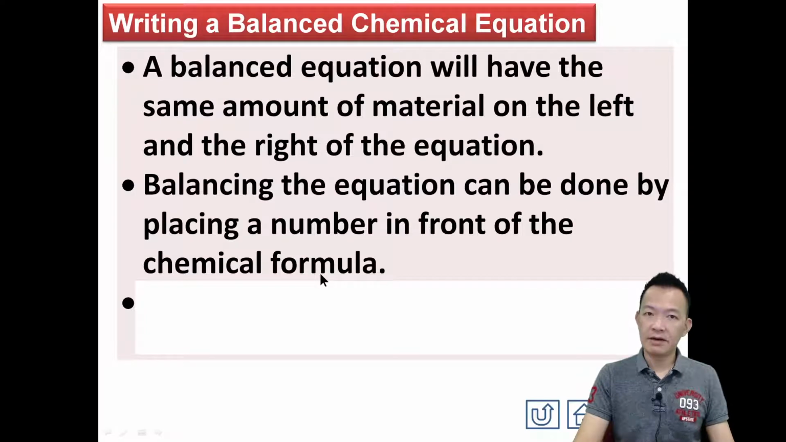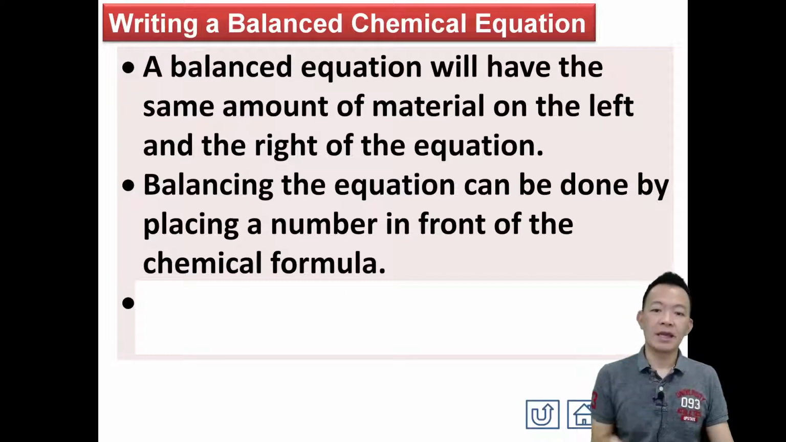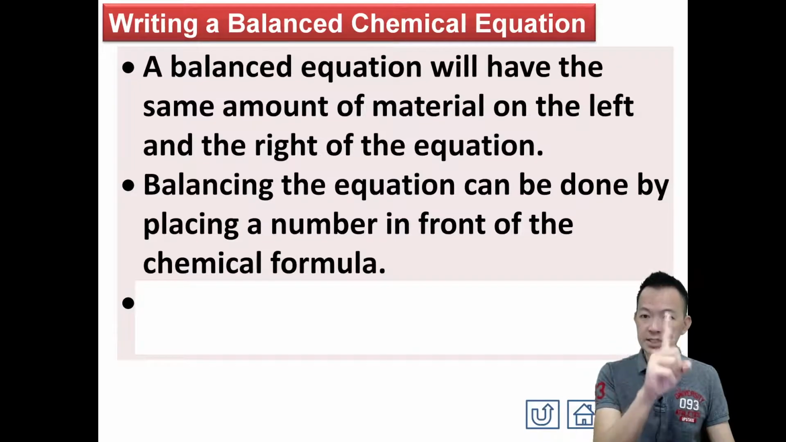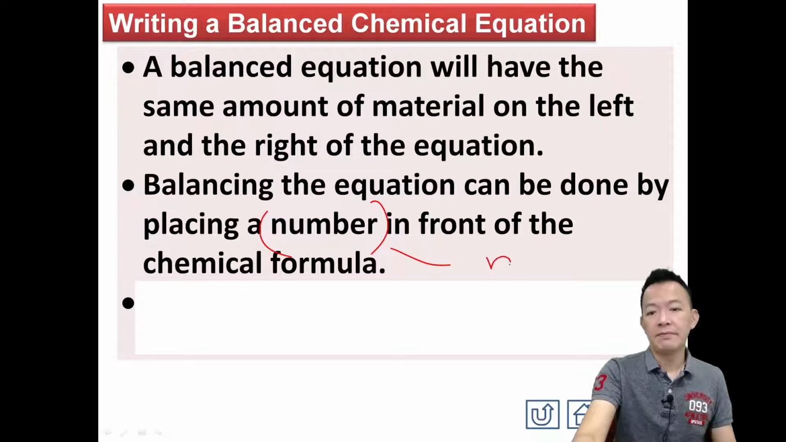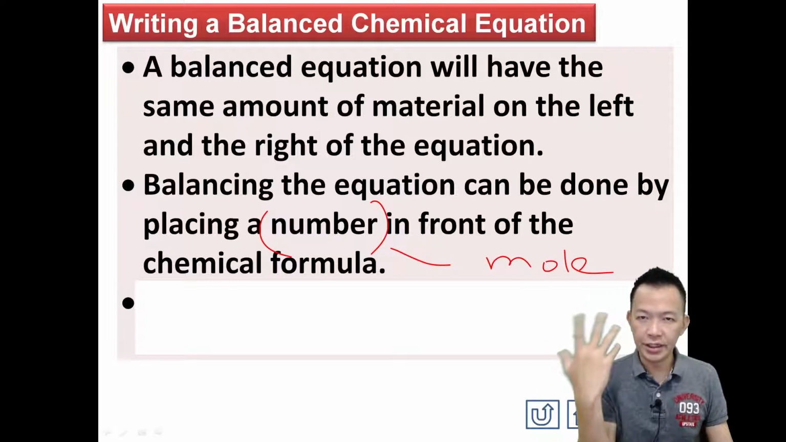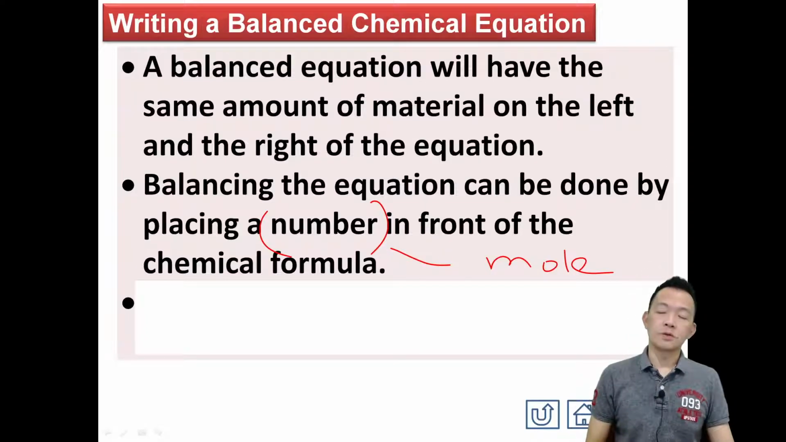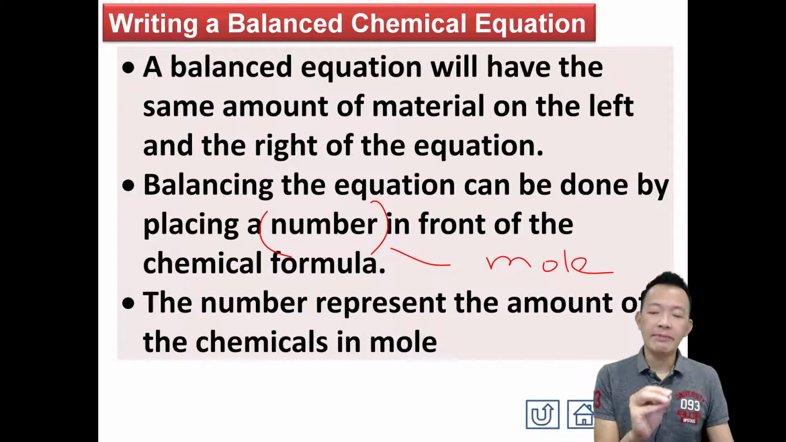Balancing a chemical equation can be done by placing a number in front of the chemical formula. 要给你 chemical equation balance，只有一个方法，add a number in front of the chemical formula，在它的 chemical formula 前面加一个 number，OK？ And the number actually is what? The number of mole。那个 number 其实就是 number of mole 来的，OK？Now understand? Sure。So 读书哪里会明白的，对不对？Chemistry 都不是用读的了，要看。